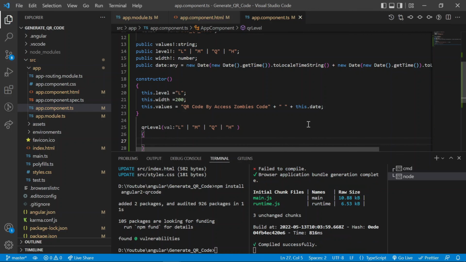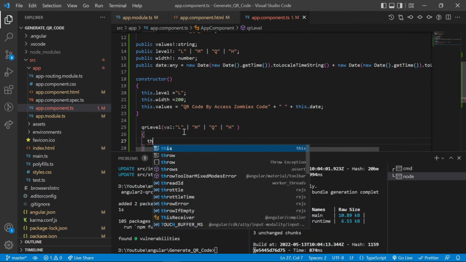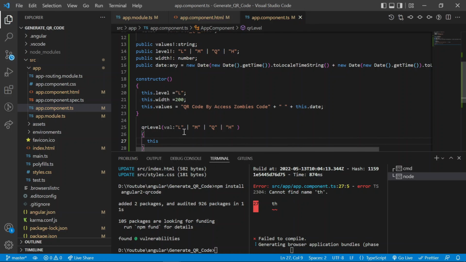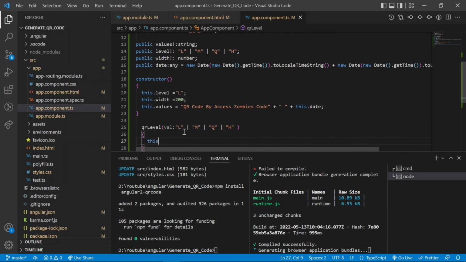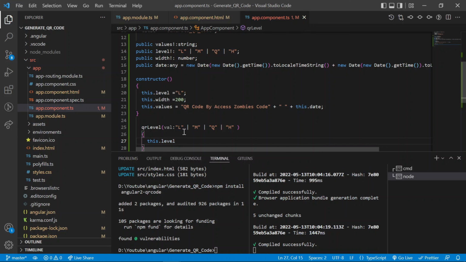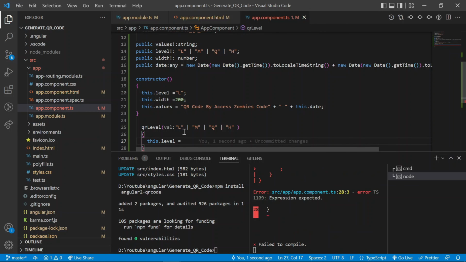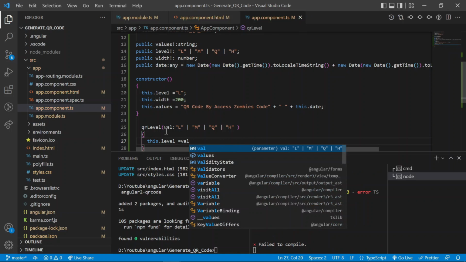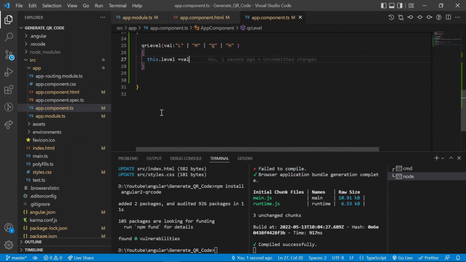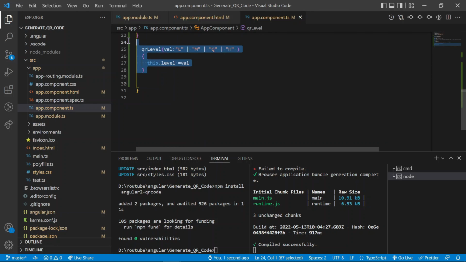So I declare the value as an input parameter of that method. So it will bind with this value: label equal to val. So that's it.